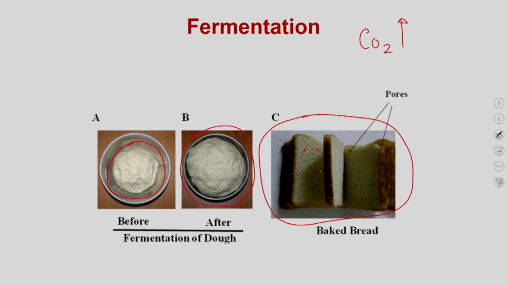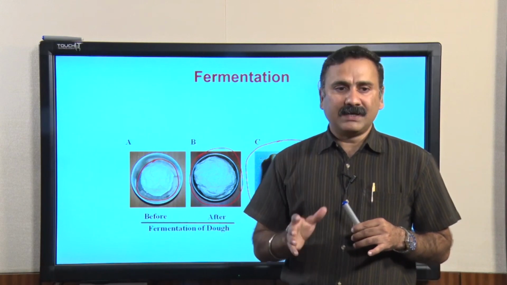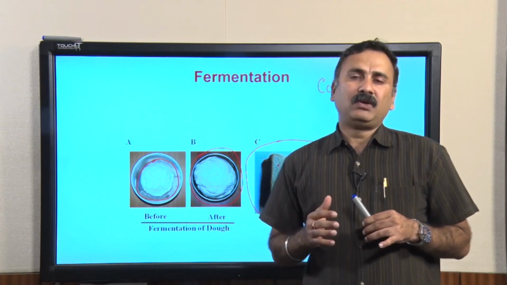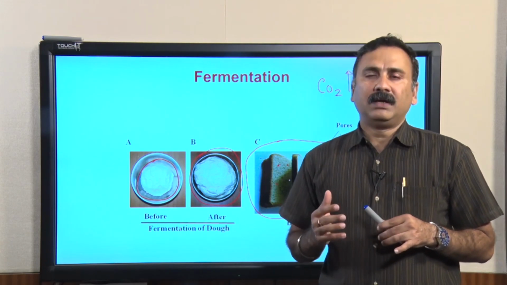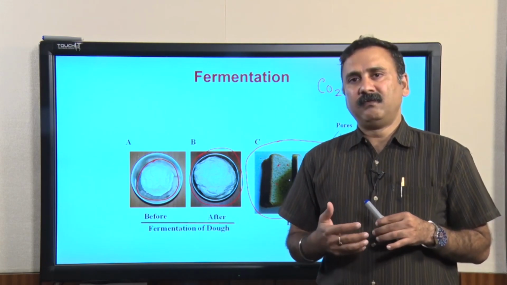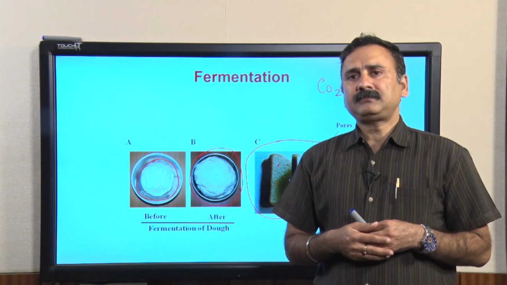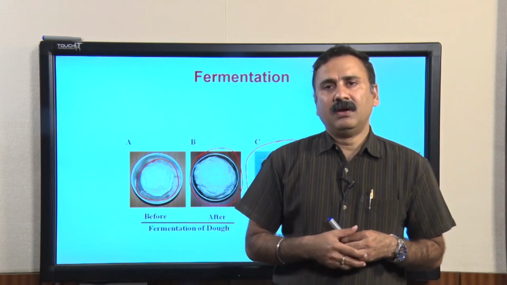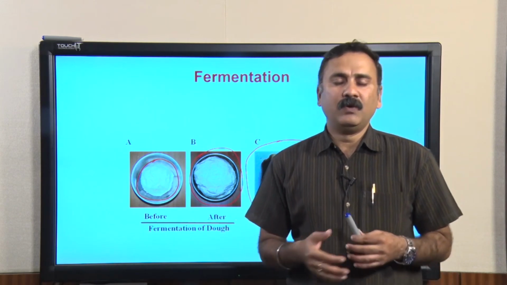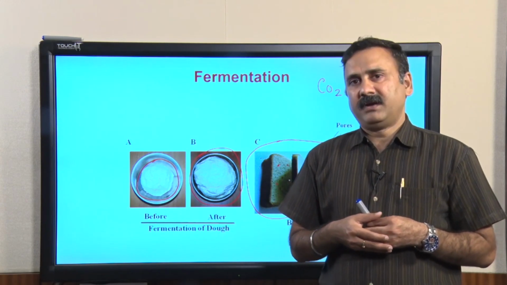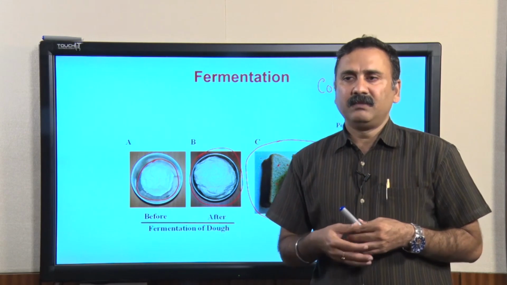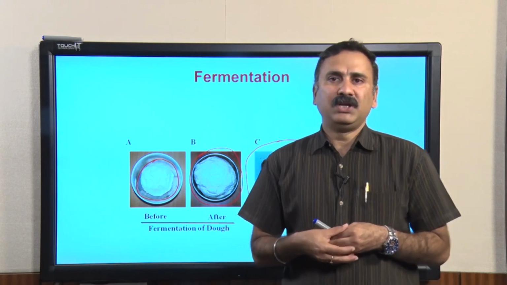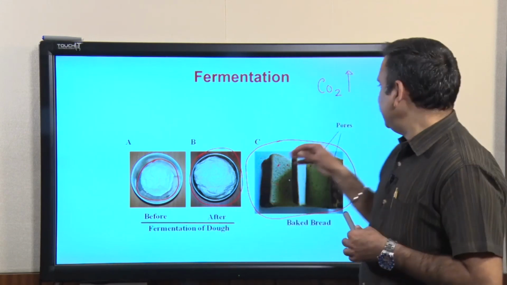Apart from making different types of products, the main aspect of biotechnology is to improve the yield or the productivity of food grains from plants, as well as the food items from different microorganisms. Why is the increase in productivity important? Because the human population is increasing, as you will see.